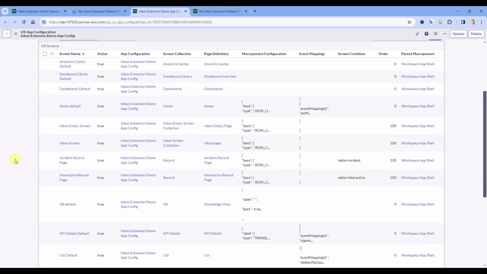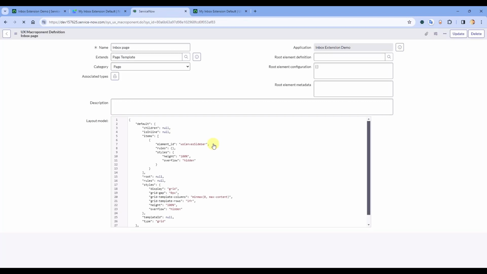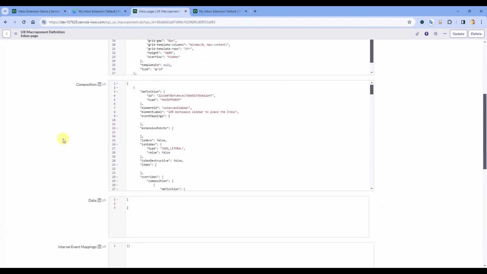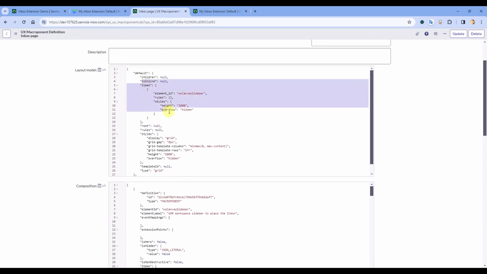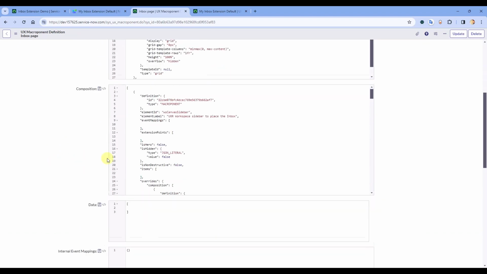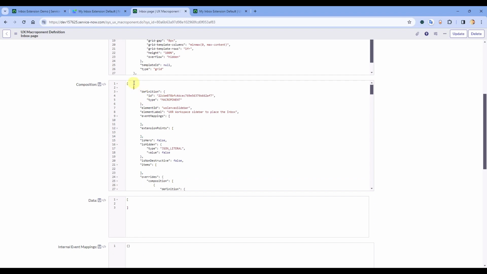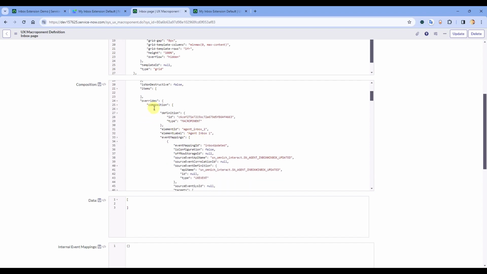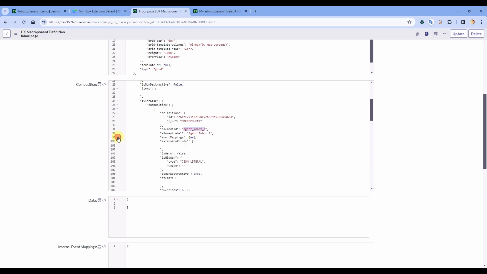App configuration, open the inbox page. And now, important thing, you need to keep the root object here. But right now, you can notice agent inbox, and this agent inbox has